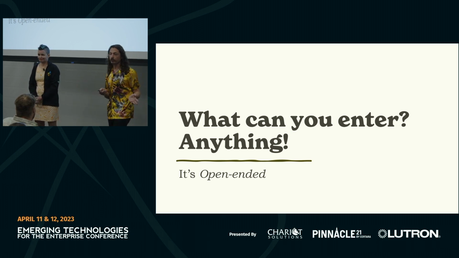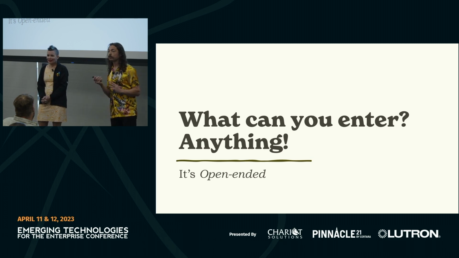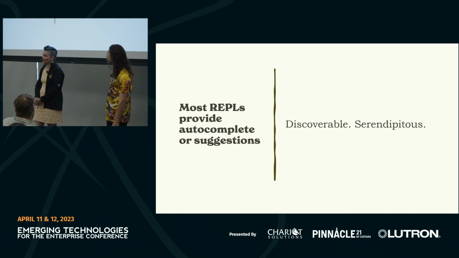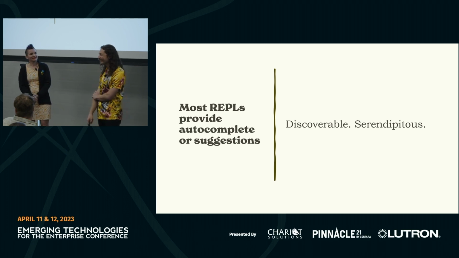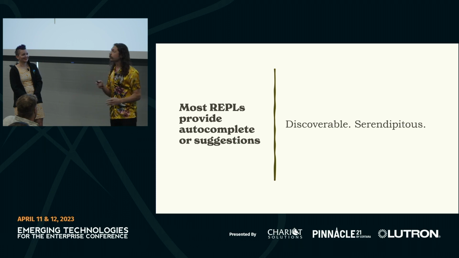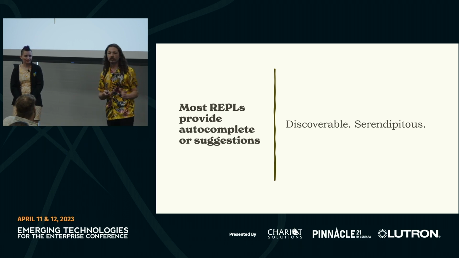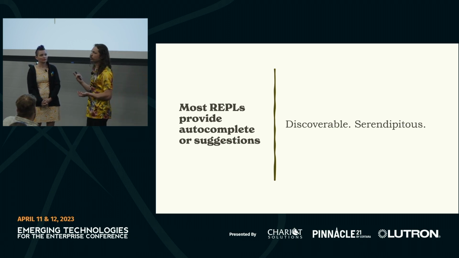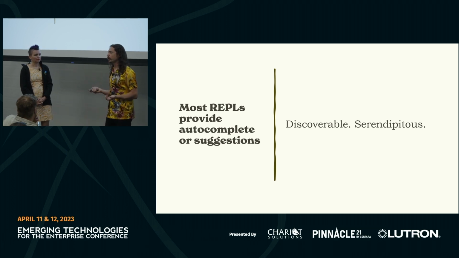You can type in anything you want. Most of what you will type will be an error. But the error will be instructive. It will probably tell you something. Also, unless you're pairing, nobody else is even going to see it. Yeah. It's your error, just for you. Take it home on the train with you. Most REPLs these days also provide some kind of autocomplete or suggestion mechanism, so they're very discoverable. A lot of times there's serendipity where I'm paging through the autocomplete suggestions and I discover a method that I didn't realize I needed. So it's kind of interesting.